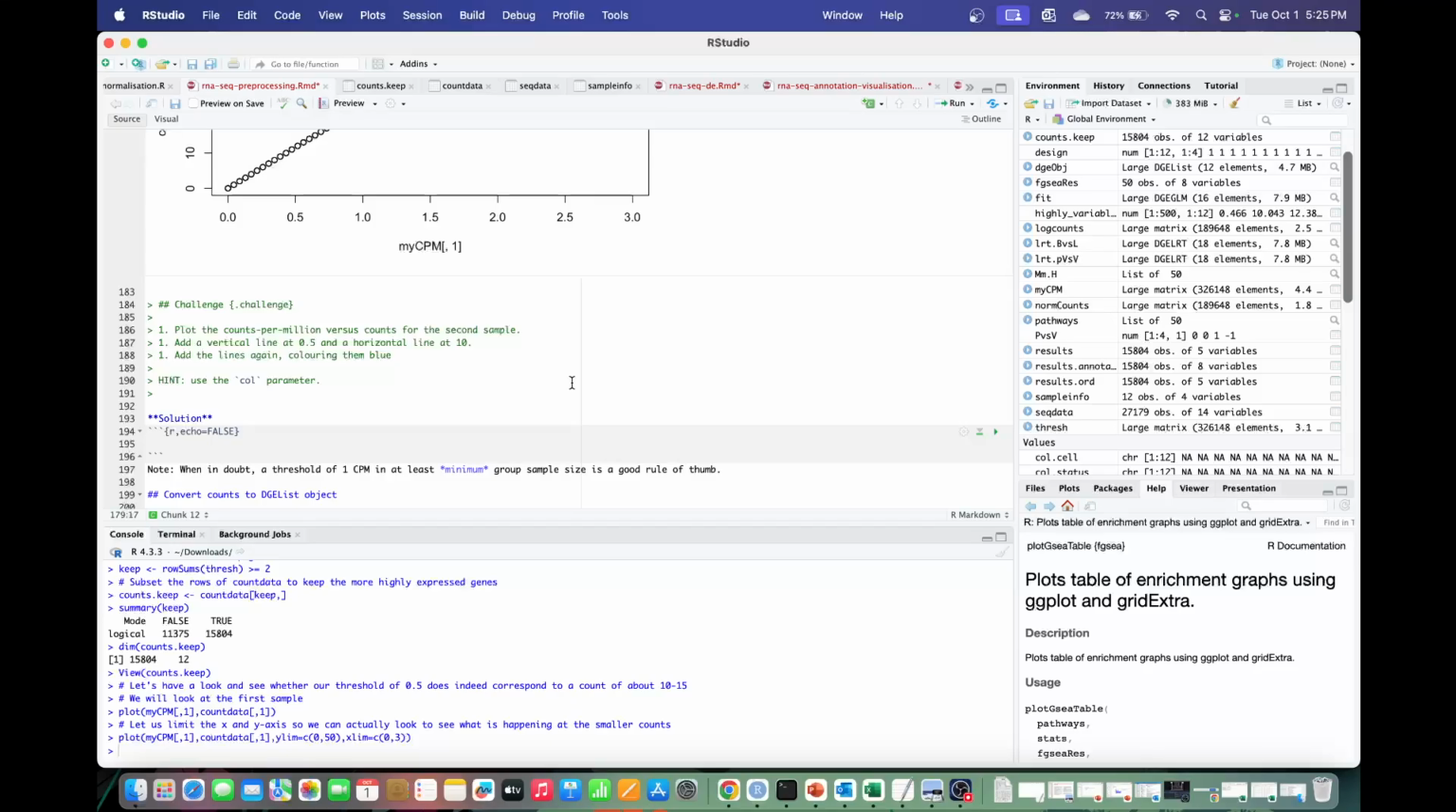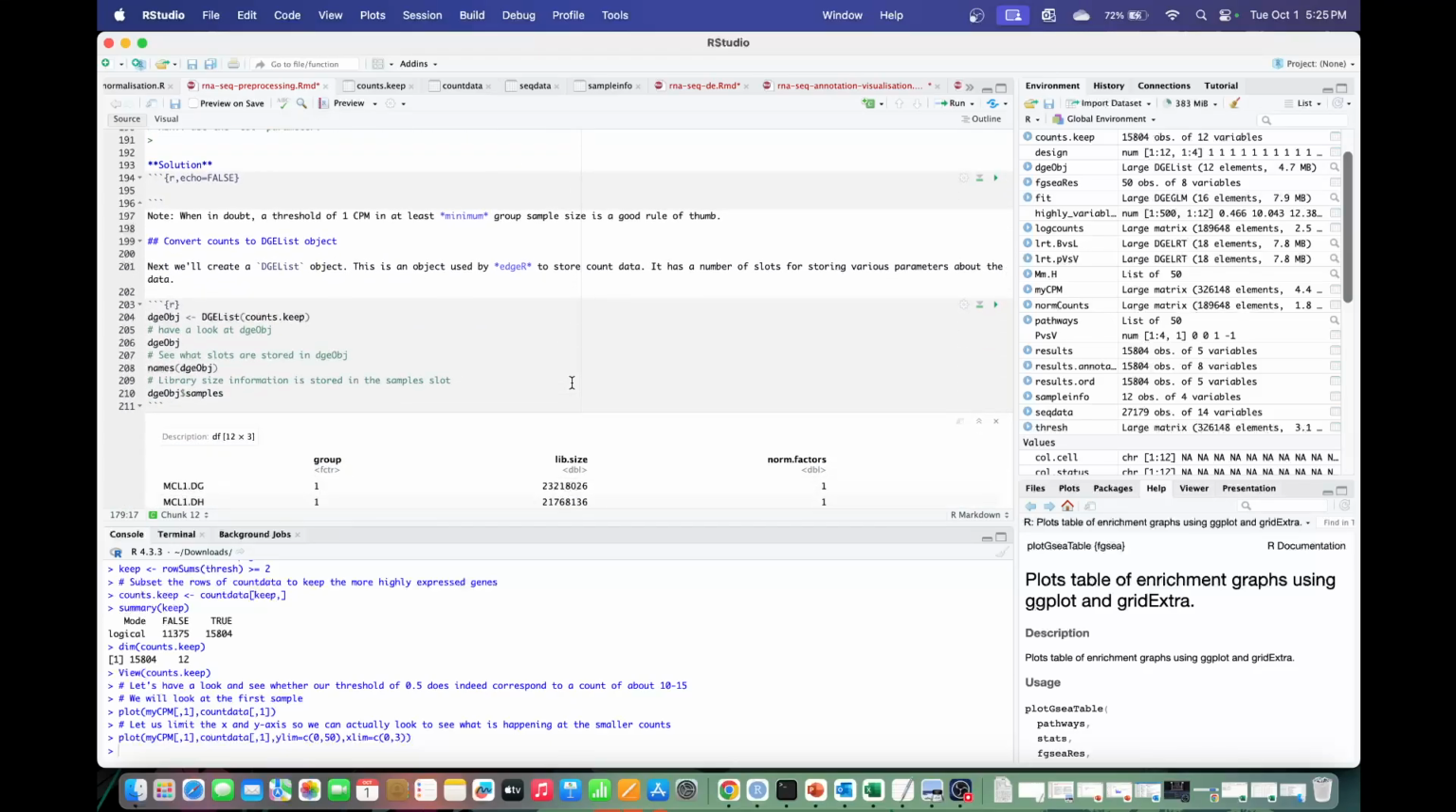So now, what we want to do is get the DGE object, the differential gene expression object. We will create this list object, and this object can be used by edgeR to store the counts data. It has a number of slots for containing various parameters about the data. So an R object is